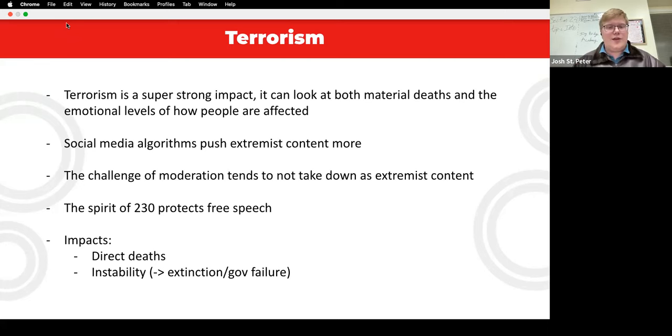It helps us address the need to prioritize the valuable speech over unrestricted speech. It allows us to see why 230 specifically creates the ability for lots of terrorism, which is something that's going to be unique to 230. And if nothing else, it is a really good base way to have a strong outweighing impact if you're really good at impact calculus. So if you think that your best debates are going to be on impact calc, this gives you the strong link to do impact calc on. So that's why I think it's a really good contention for the pro.